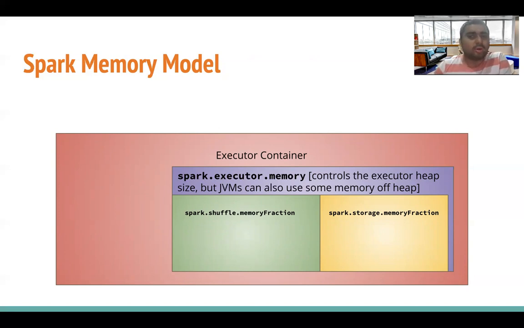Now, Spark memory model is unified. The memory which you specify is shared by the shuffle data, that is the intermediate output, plus any user specified data. There is no fixed boundary like this percent will be used by the internal shuffle data and this much percent will be used for the user defined data. If one portion is less used, the other portion can take the memory not used by the second portion. Apart from this, when you specify I want 4 gigabytes of executor in terms of RAM, you don't get 4